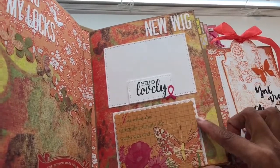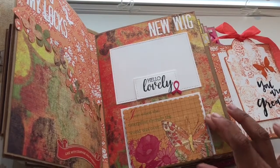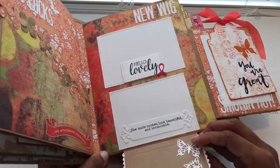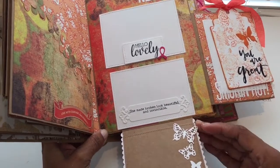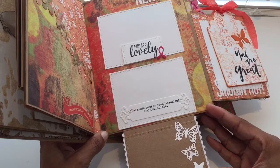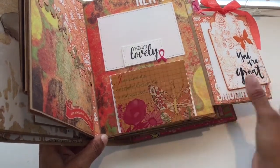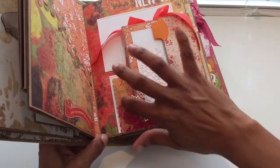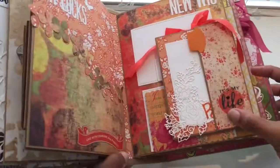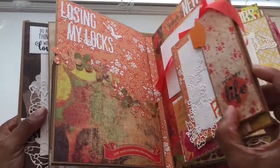Again, hello lovely. And then here the message reads, just when the caterpillar thought the world was over. And of course you have more butterflies. With the message, she made broken look beautiful and invincible. I'm going to close that up. Okay. Moving on to the next page, which is